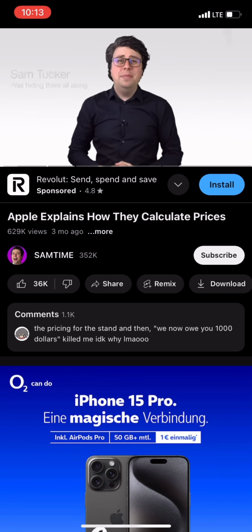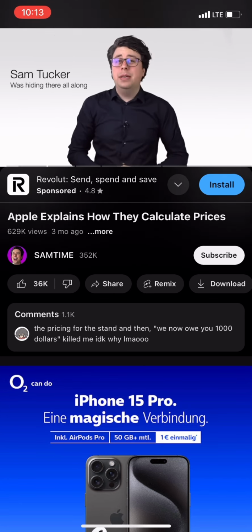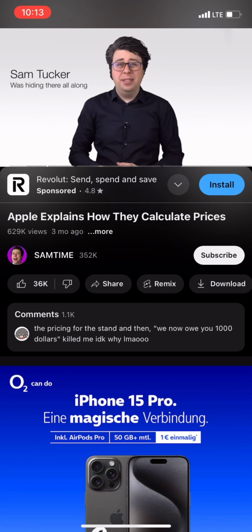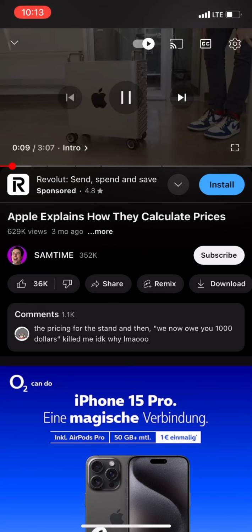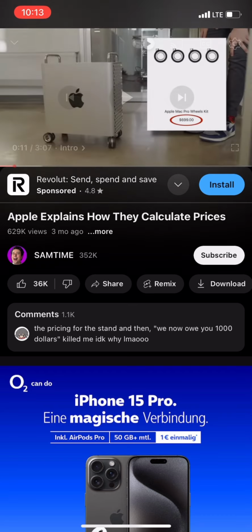Hi there, I'm Sam Tucker from Apple, and our customers sometimes wonder how we calculate the prices for our products, such as, why do our computer wheels